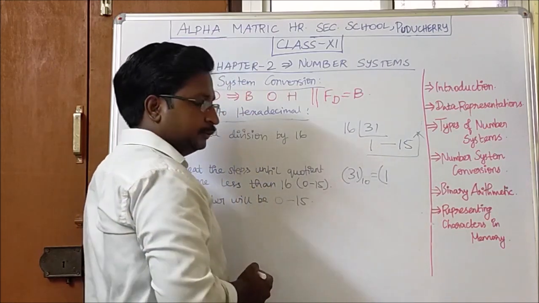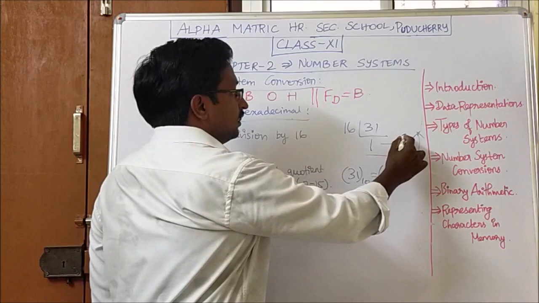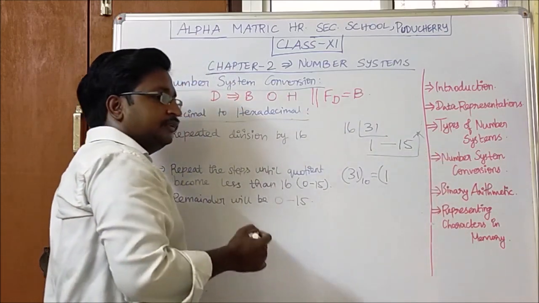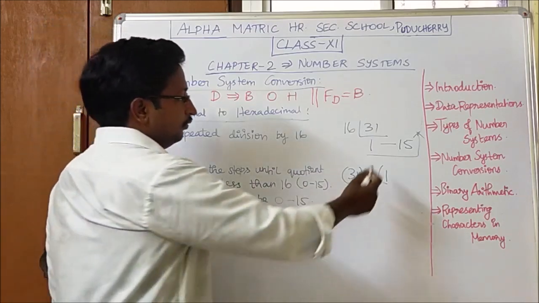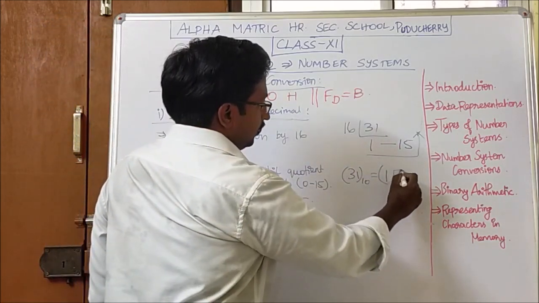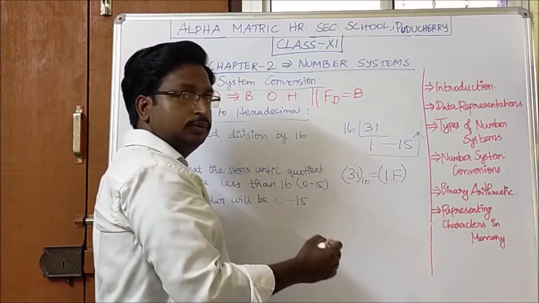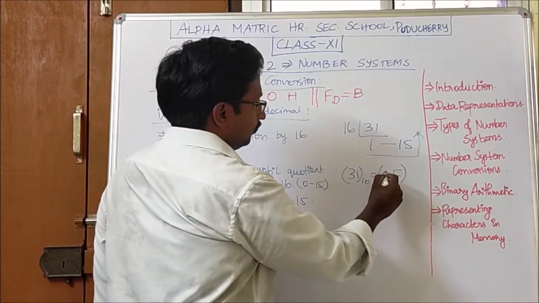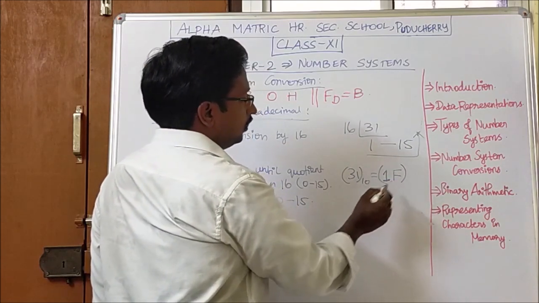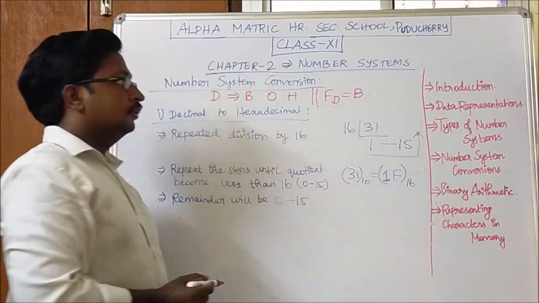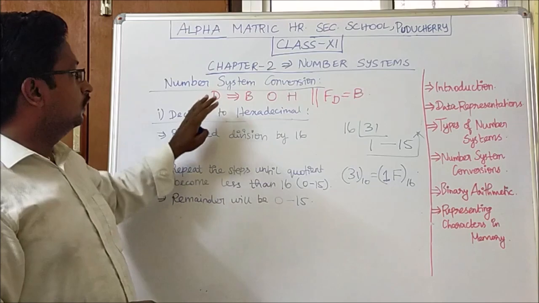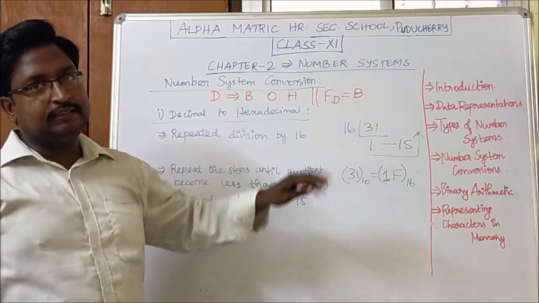I have written the first one. In hexadecimal, we have been told that from 10 to 15 the alphabets are used instead, so A to F. For 15, F represents it, so we have to write 1F. That is the only thing we have to keep in mind, and the radix is 16. So this is all about the decimal to binary, octal and hexadecimal conversion.